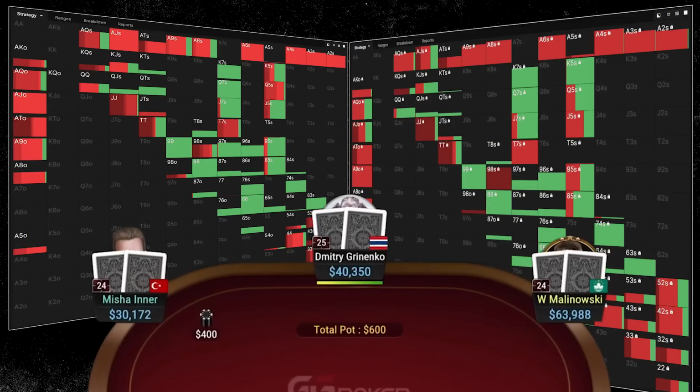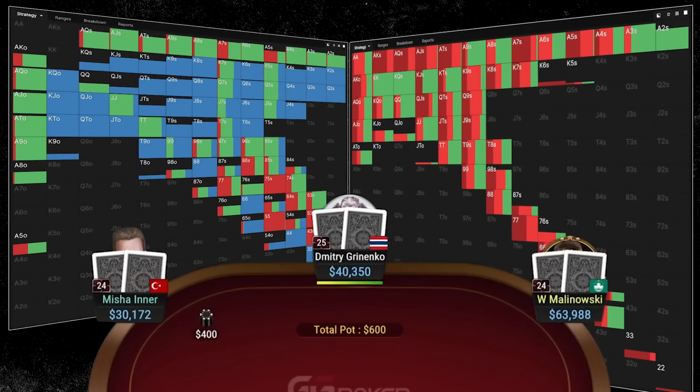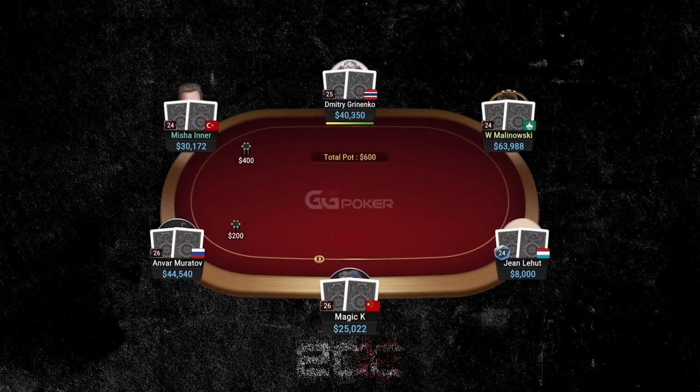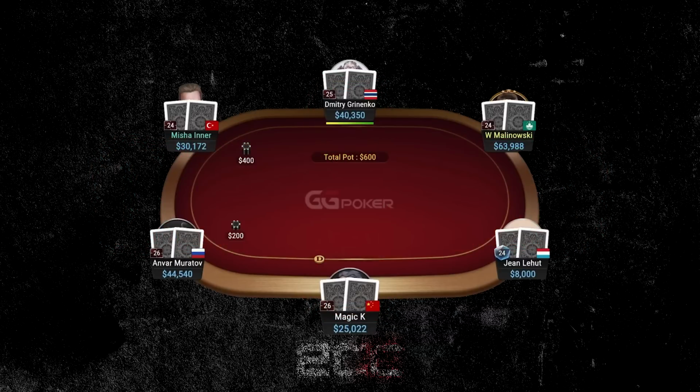The traditional way to look at a solver solution is to give it multiple bet sizes and see which ones are used in a specific spot. That is cool, and I'm going to show you later why it's also important to use a solver for that. But this way of looking at GTO is overrated, especially if you want to use it for playing yourself and